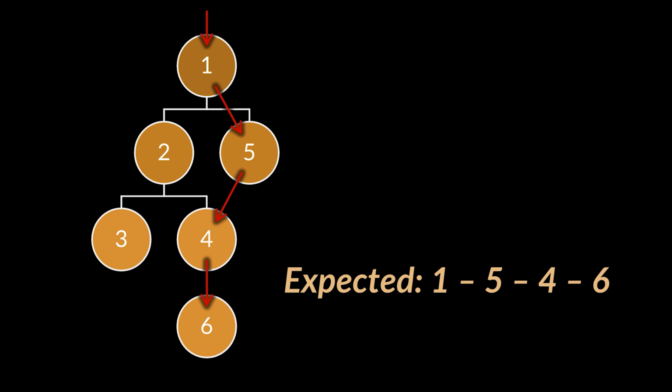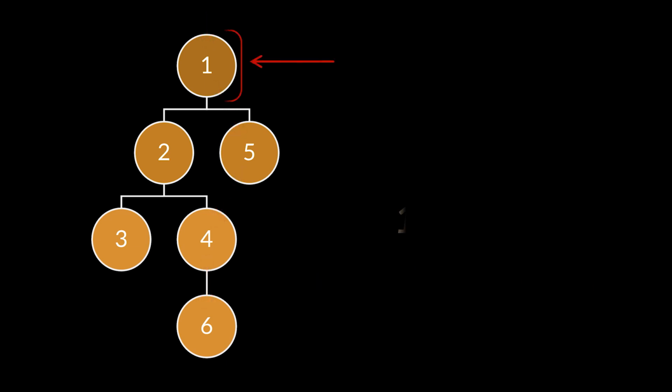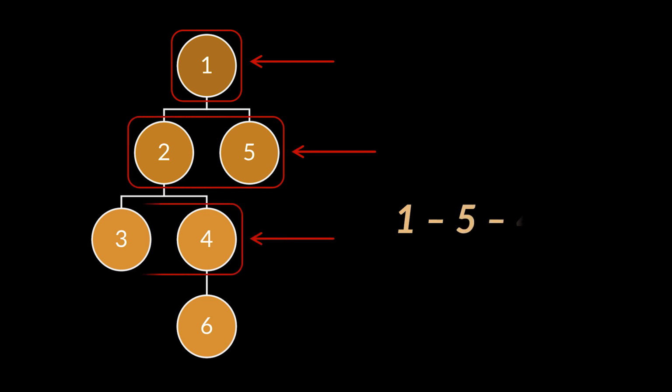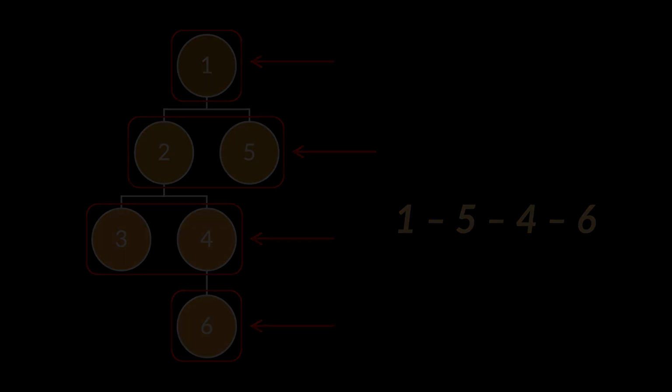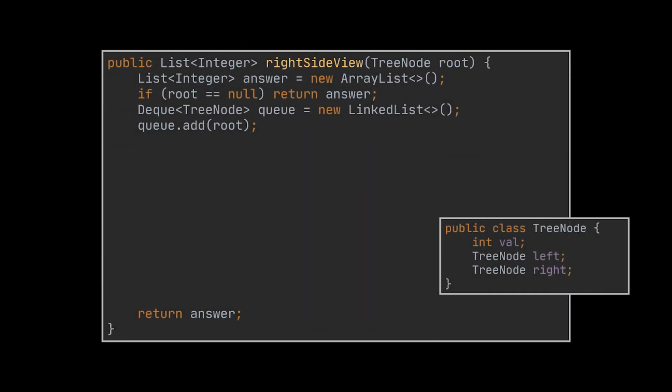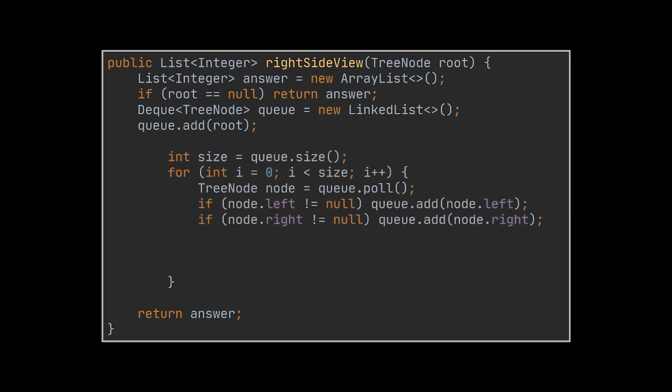So the best way to tackle such a problem is retrieve the levels that constitute this tree and add the last node of each level to the result list we will be returning. The level order traversal of a binary tree is implemented with the help of queues. We previously discussed in detail every aspect of this implementation in the video linked in the card above. So after we initialize our queue and add the root node to it, we need to loop over each level individually and add the next level to the queue, which basically consists of the left and right nodes in a binary tree. We will iterate over the queue and repeat the same logic until there are no nodes left in that queue.